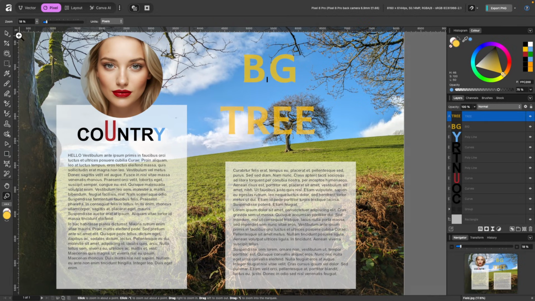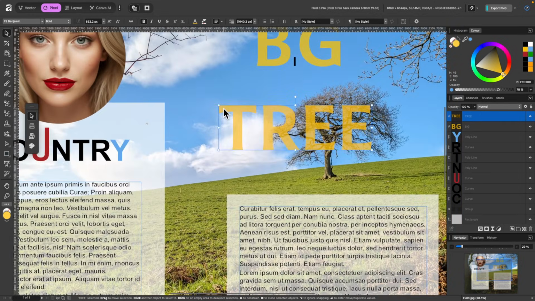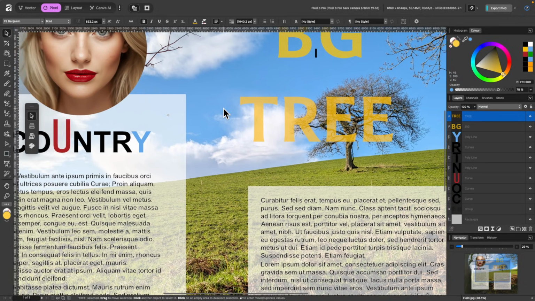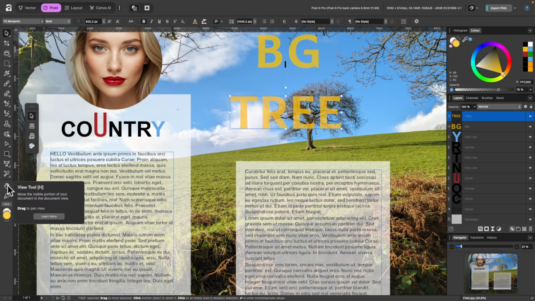I generally don't use any of these tools because if you're like me and you have a trackpad, you can basically pinch in and out. You can put 2 fingers on the trackpad to move around like this, and it's pretty easy without those tools anyway. But luckily, this piece of software is very customizable, so perhaps I will remove these 2 so I have more space for other tools.